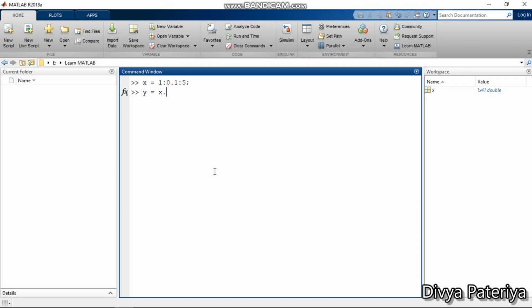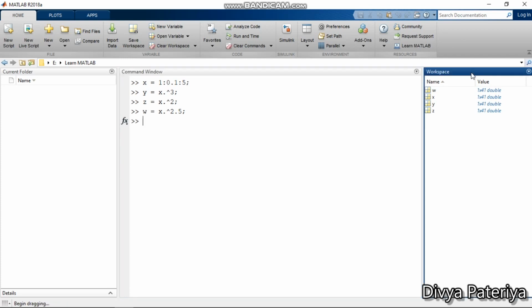So what will we write for that is cube of x. Suppose I want another variable z, which is going to be the square of x. So this is how we will write the square of x. And suppose simultaneously I am writing the variable w, which is going to be x raised to the power 2.5, just to show you an example of how it is going to be plotted inside of a figure. 2.5, yes. So now let us try to plot these variables.